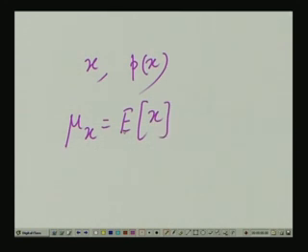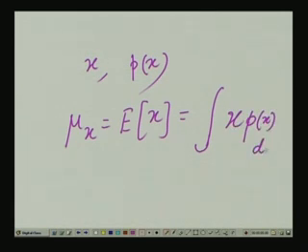E actually means expectation, it is just a question of notation, expected value of x as